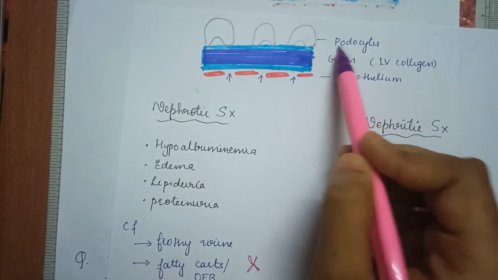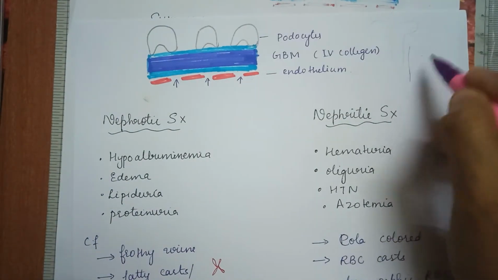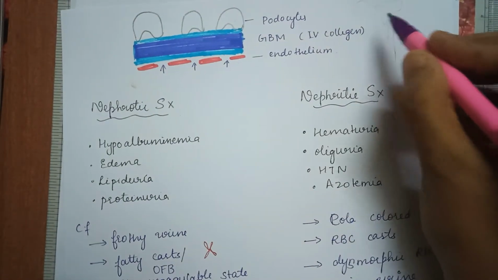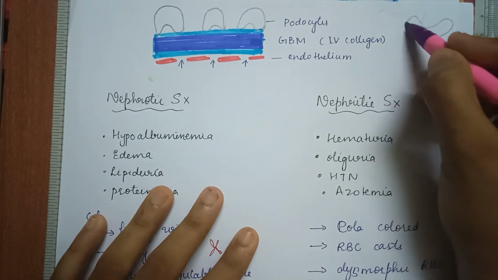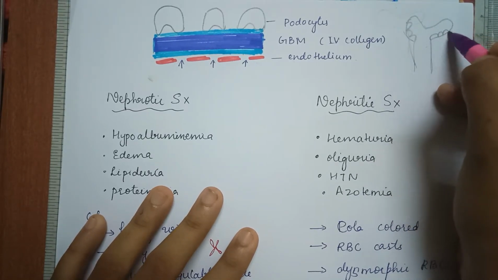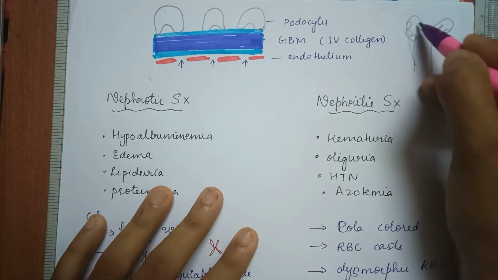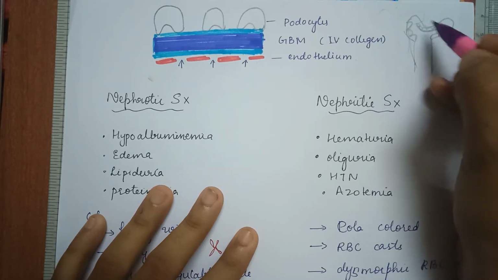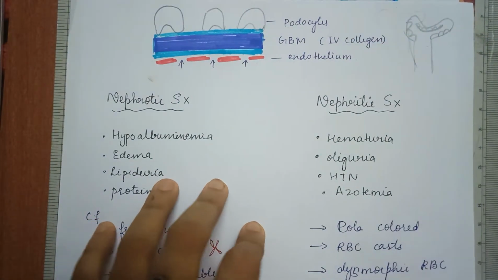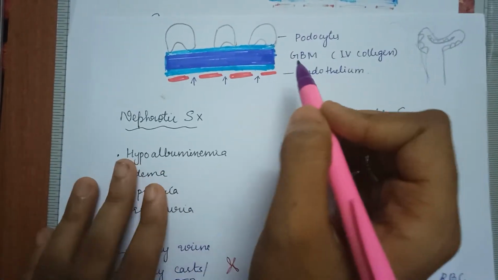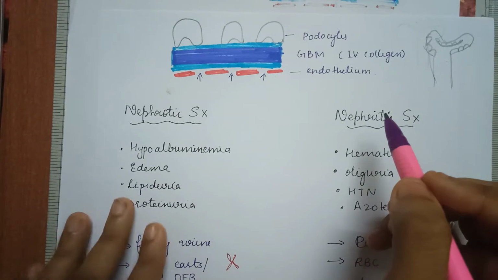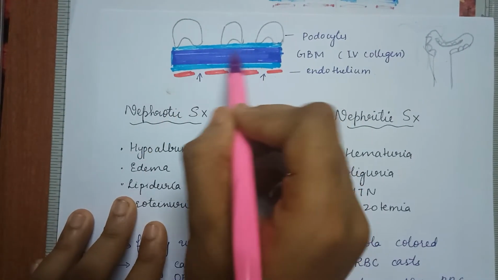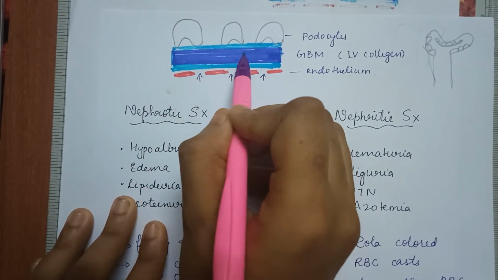Therefore it is podocytes. If you consider this as a tubule, okay, here it is made up of parietal epithelium and here it is made up of visceral epithelium. So that is what I drew here, okay? So just remember, this is our glomerular basement membrane. Under the glomerular basement membrane, you can see I have shaded this part.